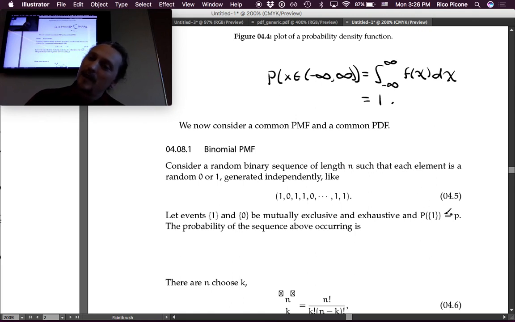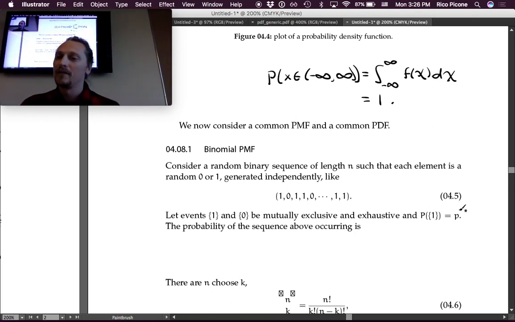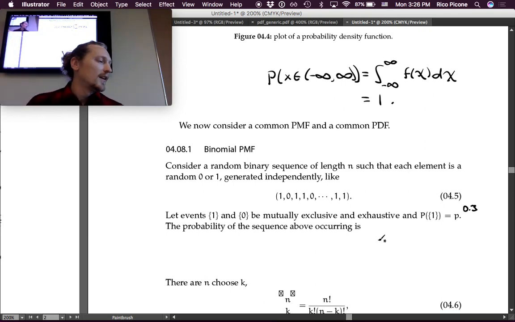And the probability of getting a 1, let's assign a variable to it, p. Okay, so this is like 0.3 or something, but I'm going to call it p for a moment. The probability of the sequence above occurring is, and I feel like you guys already know the answer to this, so the probability of getting a 1, then a 0, and then a 1, and then a 1, and then a 0, and then